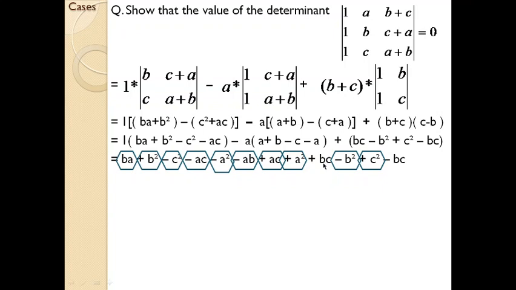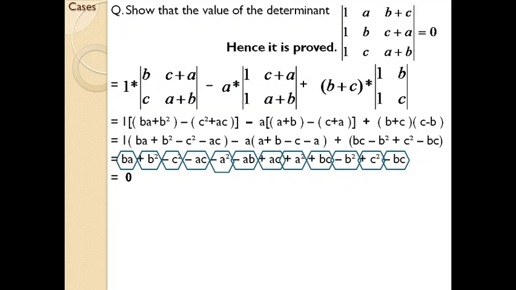And finally you have plus bc and minus bc, so you have to cancel those 2 items. So by then you can understand that there are no other elements that can be used. So we can say that by solving this you will get 0, because there is no value left remaining after cancellation. So the statement here is true.